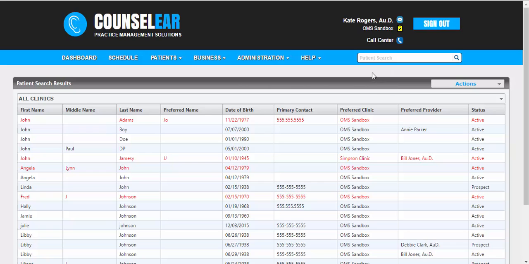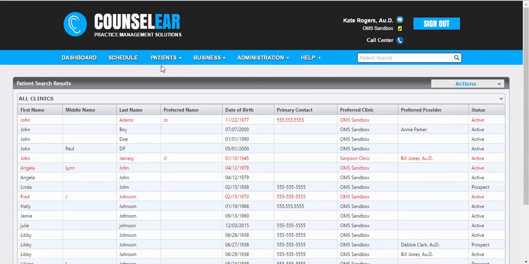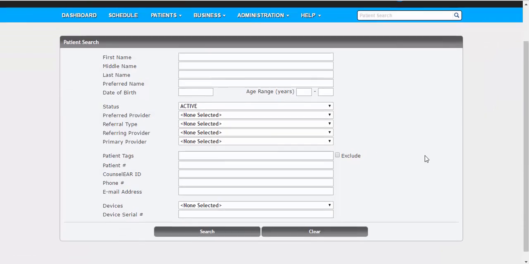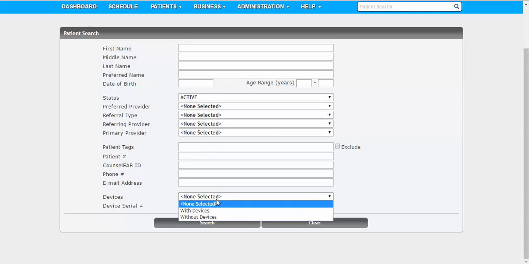So if you do not see the patient pop up immediately, just go ahead and click Actions and then the Inactive Deceased option. Once again, going back to the patient search feature here, you do have the ability, of course, to go by all those different options, including tags, patient number, counselor ID. You can search based on whether or not they have hearing instruments,